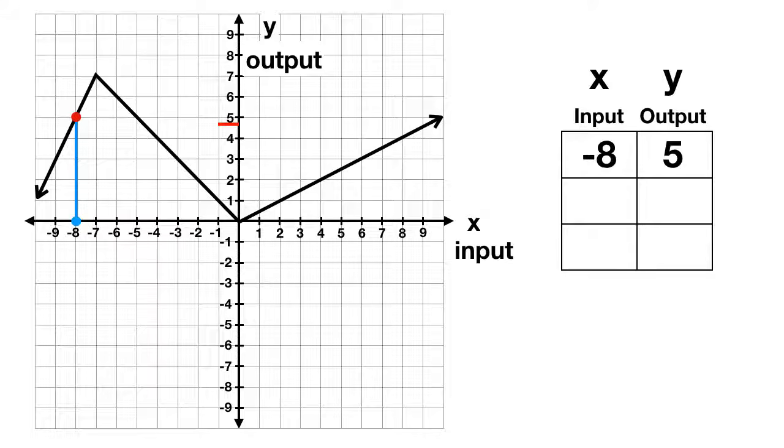When the x value is negative 3, what value is the y? Well, if you go to negative 3 on your x-axis, you can look up and see the point on the line has a y value of 3. So when the input is negative 3, the output is positive 3. Finally, let's look for an input of 8. Well, if we go to an 8 on the x-axis, what is our y value? Well, if you look up to the line, you can see this point on the line has a y value of 4. So an input of 8 gives you an output of 4.